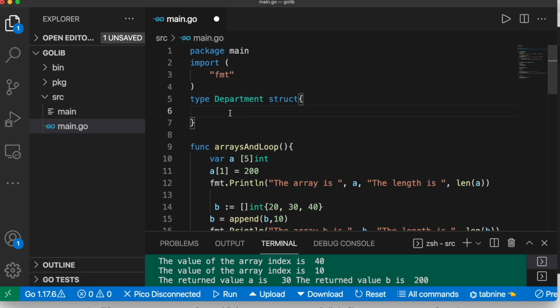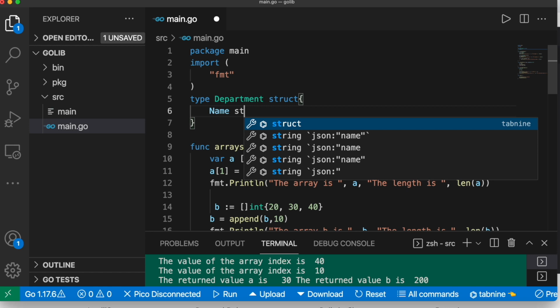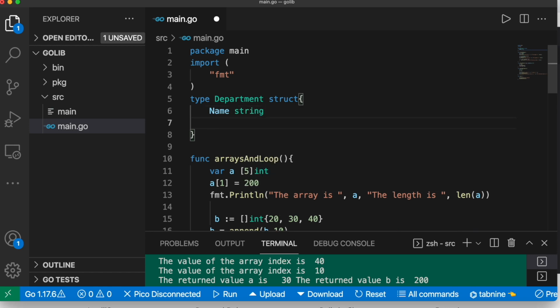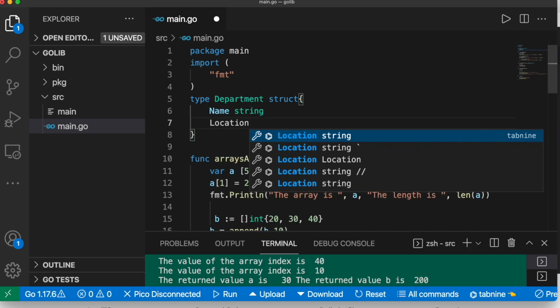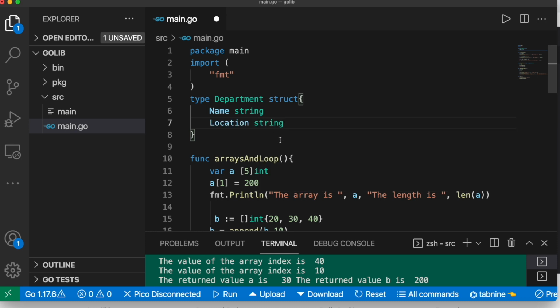Now here you'd go ahead and write the name, so that would be department name, and here the type is string, and here I would do another variable which is location, department location, and the type is string. All right,